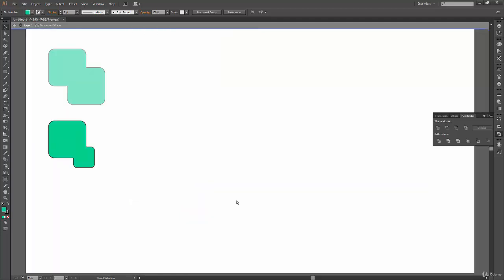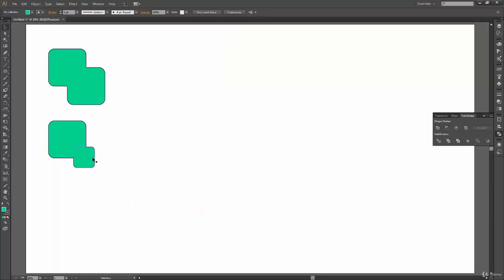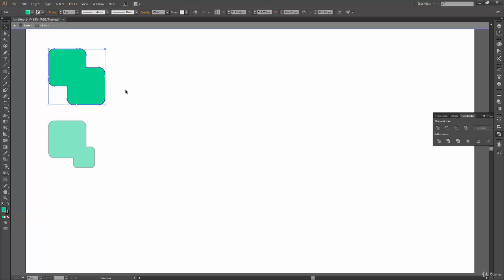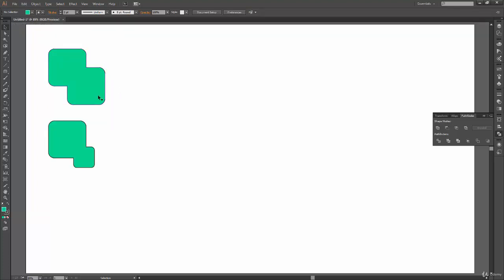So actually, let's say you have your shapes over here, and while performing Boolean operations, you are not sure whether it is going to change in the future or not. Because once you perform these shape modes or pathfinder options on your shape, you won't be able to get your shapes back. This is your final shape now. So if you are not sure, or maybe there will be some changes in your shape after you apply this shape mode operation, then just